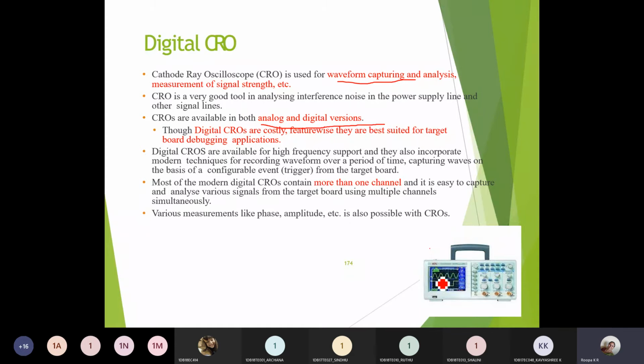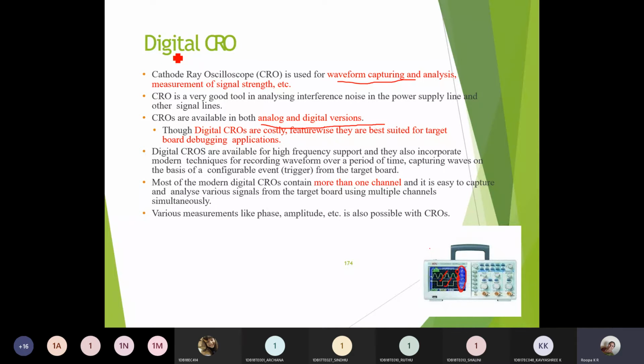Analog CRO is much more complex, and the end user needs to perform many operations to get the values. But in case of digital versions, all the values, meaning peak value, frequency value, everything will be mentioned here at the side. So by seeing that, you can come to know the different parameters of the particular signal.